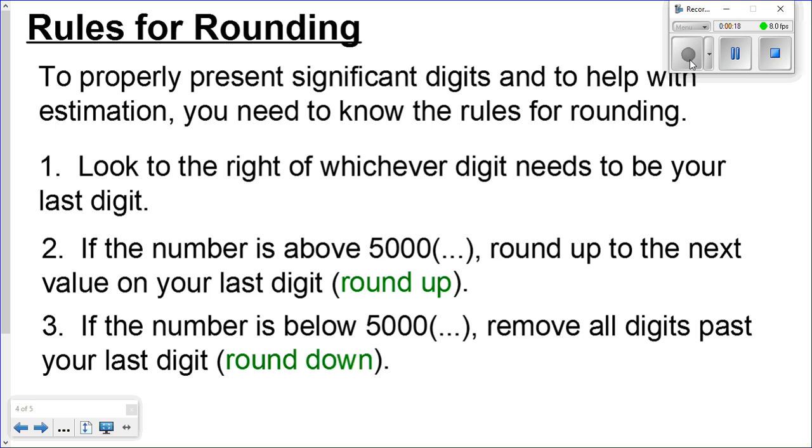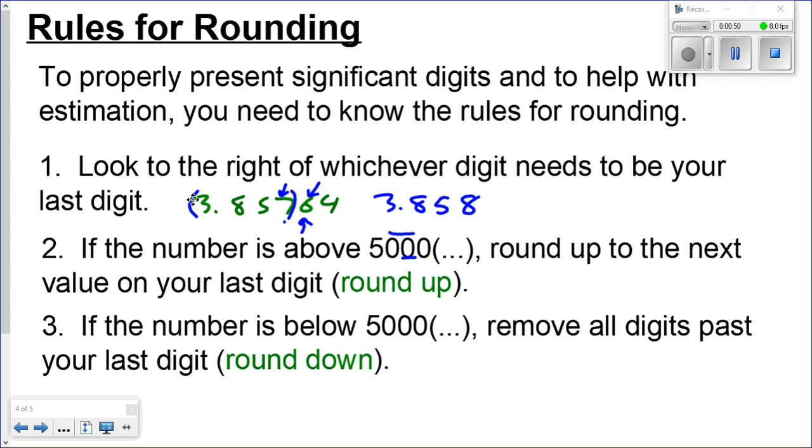For example, if you've got 3.85764 and you want to round to 4 digits, so that means you're going to take it down to here. You look to the number to the right of the last digit you're going to keep. If that number is above 5 with all the zeros afterwards, then you're going to round up. So in this case it's a 6, that's bigger than 5, so you're going to round the 7 up 1 to